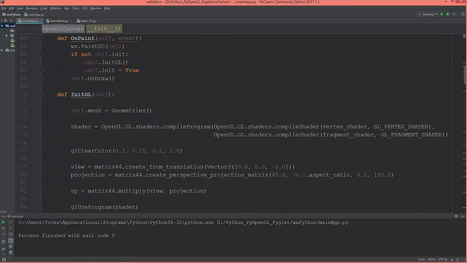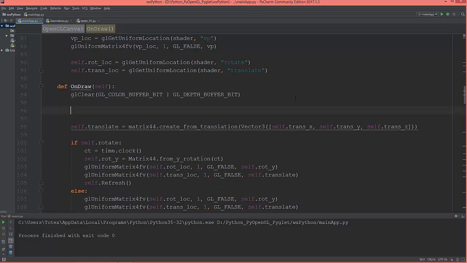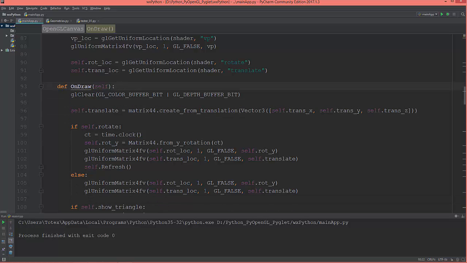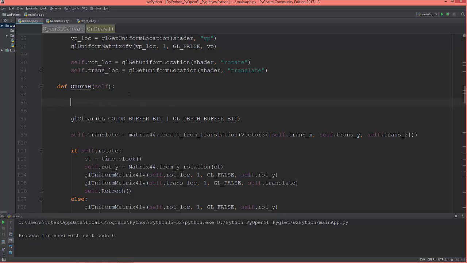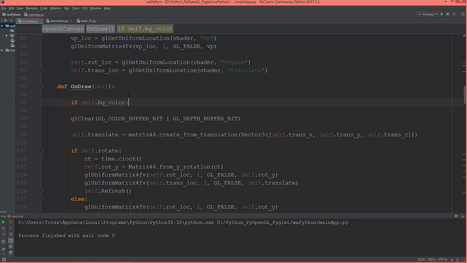Okay, and then in the onDraw method, before the GUI clear, I'm going to ask if self.bg_color. So when it's true,